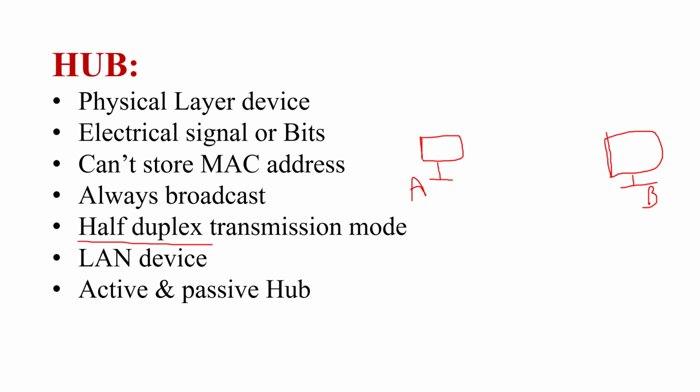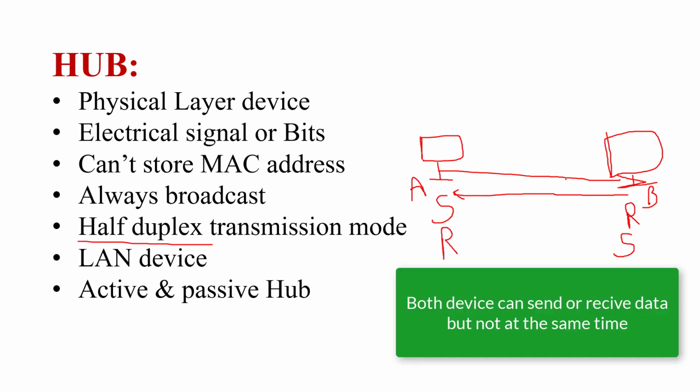It means if A wants to send data to B device, A is called the sender and B device at that time only receives the data. If B wants to send data to the A device, at that time B device only sends data and A device receives that data only. So this is one-way communication. So we can say that in case of half duplex transmission, the transmission of data is in only one direction. Walkie-talkie is an example of half duplex.